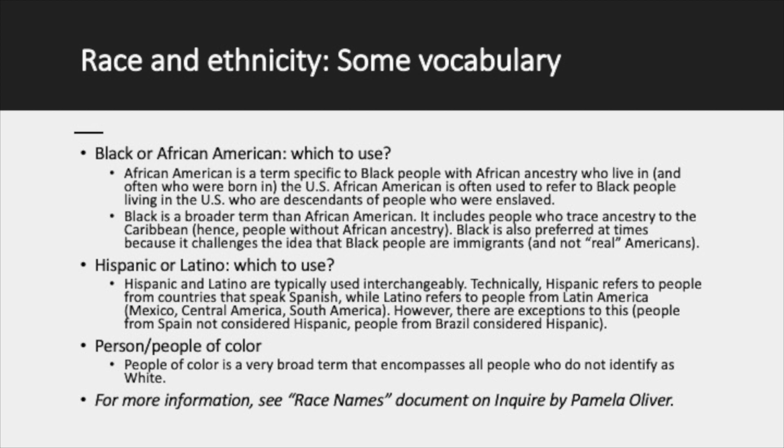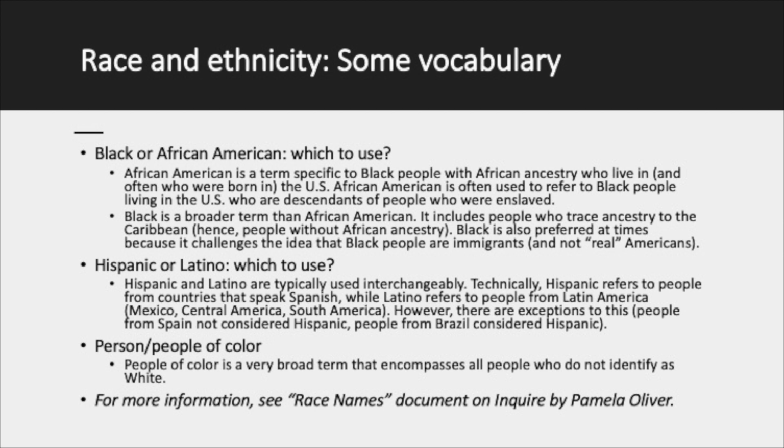So I do want to go over a few terms that we use today in order to guide us for our future discussion. So first, Black or African American. We have heard these terms used, sometimes used interchangeably. So which do we use? My short answer is that both of these are appropriate. And of course, I'm speaking from a position of privilege as a white person as we talk about vocabulary, as we talk about race over the next few weeks. But both African American and Black are used.